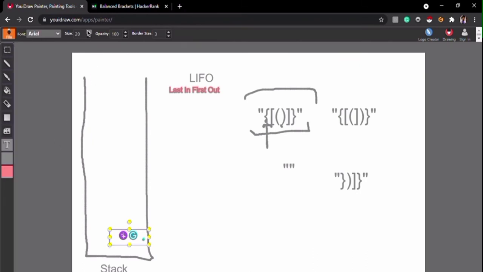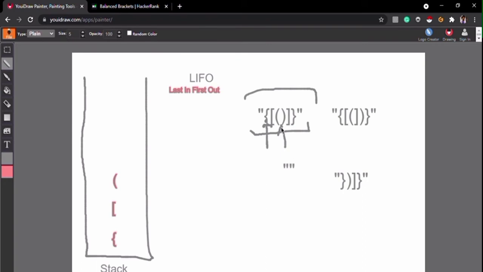Let's increase the size so it can be more visible. Then we move to the second element, that is an opening bracket. Let's again insert this. Then again we can see there is an opening bracket of circular type. Again insert this. After traversing the three elements, we are now at the fourth position, index number 3.